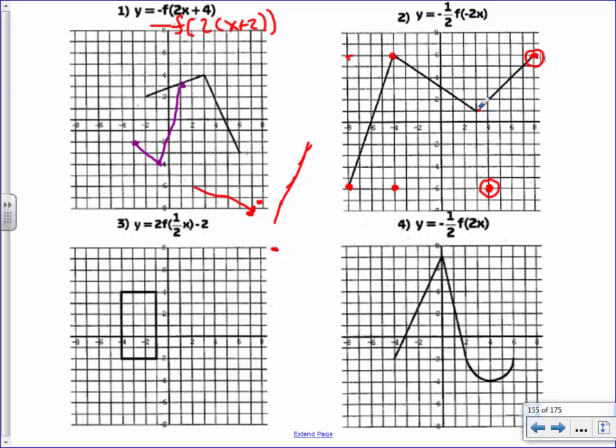This point right here, I'm going to flip it down to there. And I'm going to flip it over to here. I have a strong feeling that if this point flipped to that point over there, it's probably going to be this point flipping over to here, but let's just double check. This one could flip, let's say, all the way down to here, and then it would flip all the way over there to here. So here,